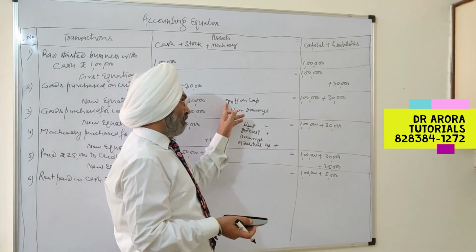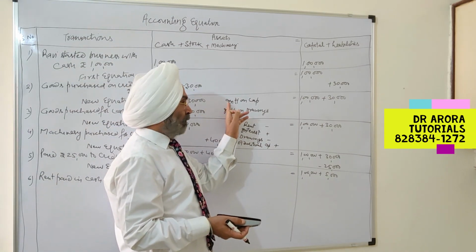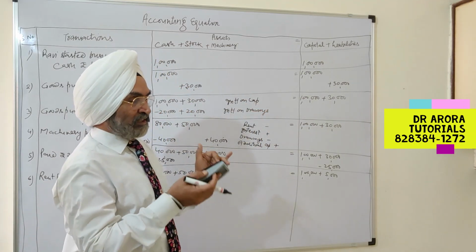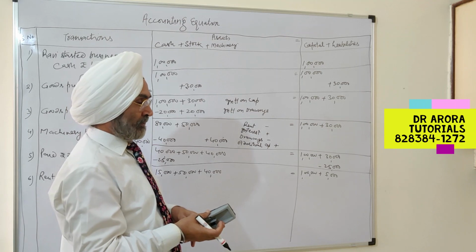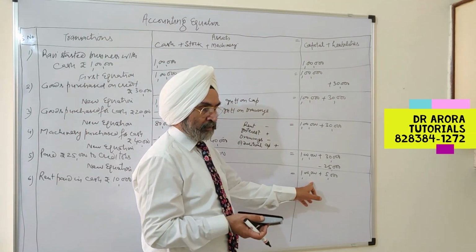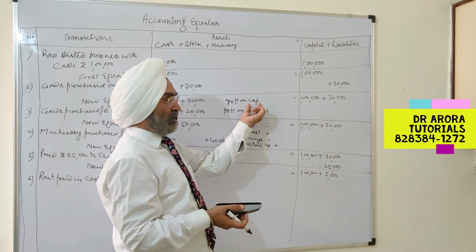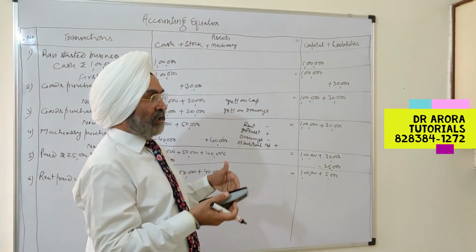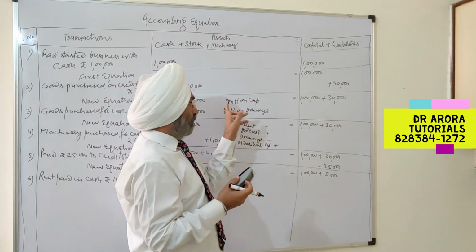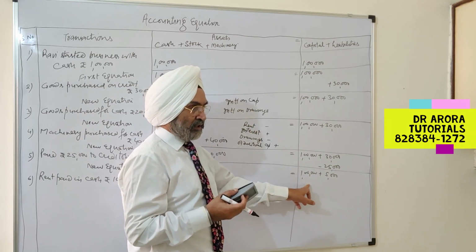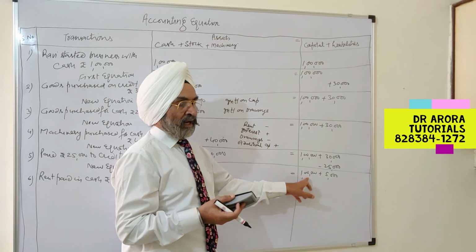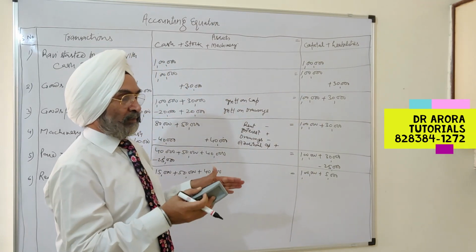This is the interest given by the business to the proprietor, to the owner, on his capital. It is an expense of the business. Because of the expense, capital will decrease. But this is a bookish entry. This is not given in cash. His capital is increased because of this interest. Because of expense, capital is decreased. Because this is payable to the proprietor, his capital will be increased, and ultimately the capital will remain the same.